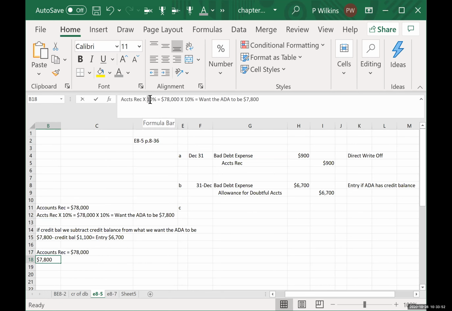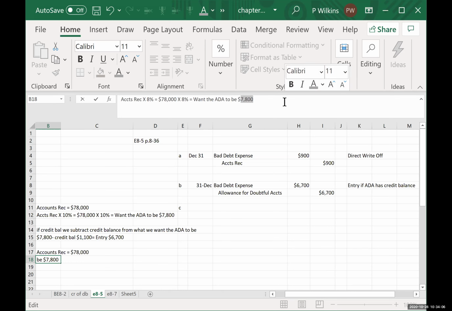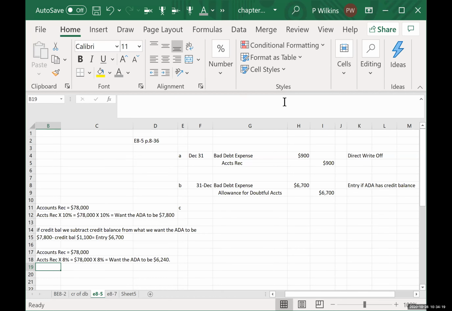So accounts receivable number times 8%, right? Accounts receivable times 8% is going to give us, let's see, that is going to be 6240. So $6,240 is what we want the ADA to be. Okay, $6,240. But if the ADA has a debit balance,